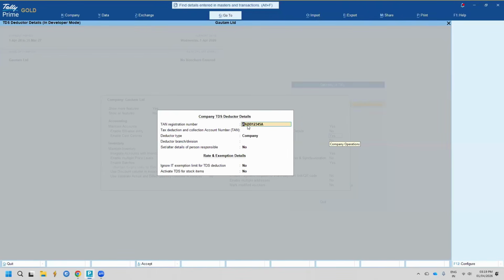and then you have to select your deductor type, whether you are a company or an individual or HUF. As per your case, you have to select anything out of these. I am going with the company option right now. Then your branch or division, and then you have to enter the responsible person details